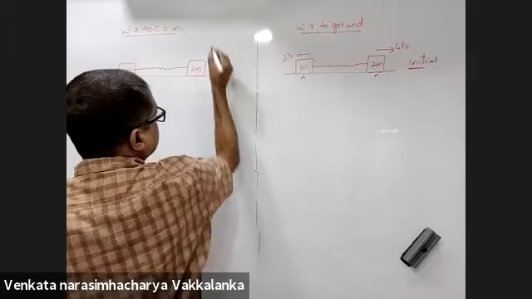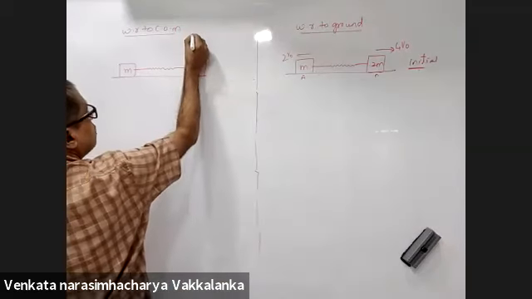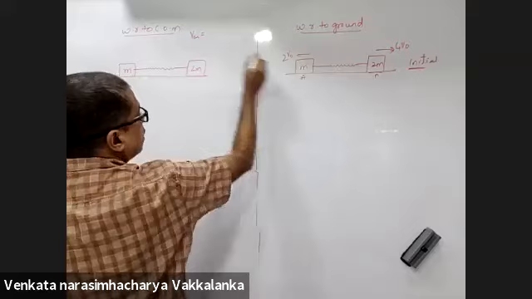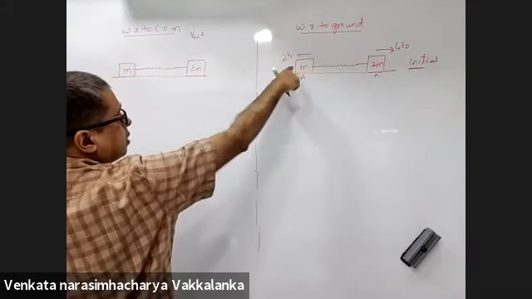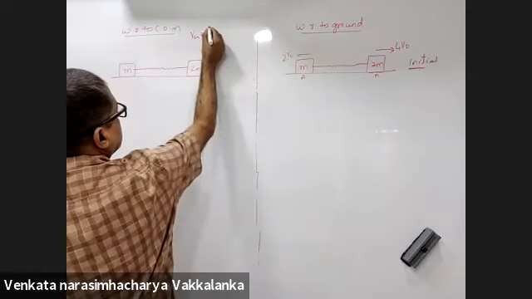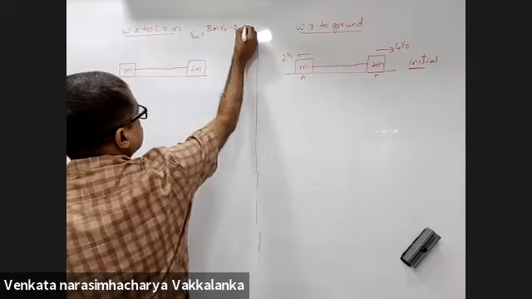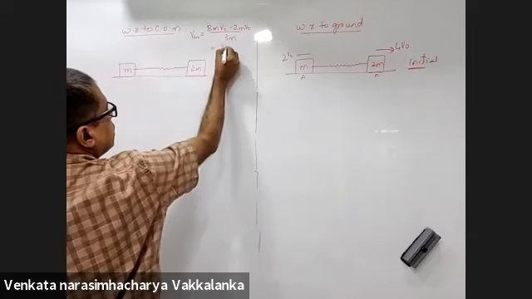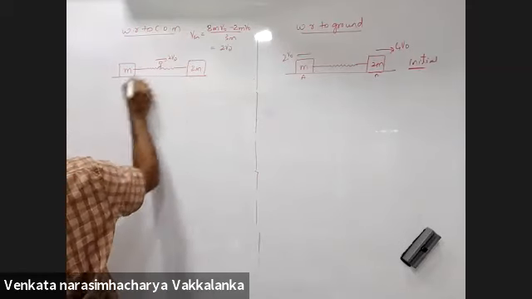What will be the velocity of center of mass in this particular case? Velocity of center of mass will be (8mv naught minus 2mv naught) over 3m, which is 2v naught, right? So the center of mass is moving with 2v naught.